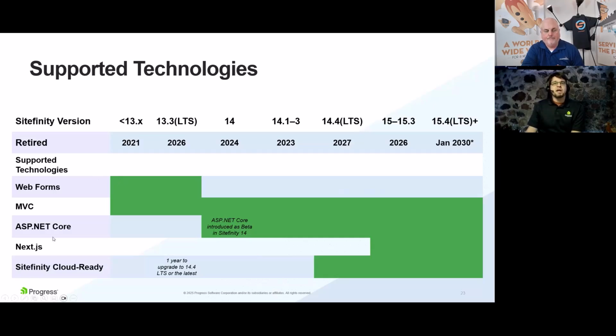As we go into ASP.NET Core, it was really introduced in version 14. So if you're on 14, you could add it to that. We've made enhancements, of course, along the way to ASP.NET Core. Next.js, again, is our newest front-end technology. This is, again, React, Next.js type technology, TypeScript, more JavaScript-based development patterns. That was released in 15.2, okay? So if you want to be on Next.js, it does work in some newer versions, but the official release from